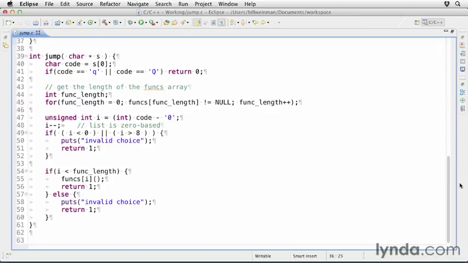Now the jump function, this is where the work is actually done. It takes the response from the keyboard, and it decides if it's a Q or not, and if it's a Q, then it returns 0, which means that we're done. And otherwise, it uses this little for loop to get the length of the array. Line 47 is just a little trick for converting a character into an integer. The first character of the response string, it simply subtracts the value of the ASCII character 0, and